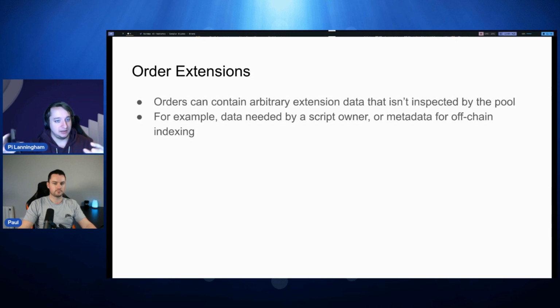Then somebody would implement it into the scooper software, and Sunday Labs would update our backend indexing so that we watch for those orders. So it's not a free-for-all where any order automatically works against the protocol, which could be a little bit dangerous.